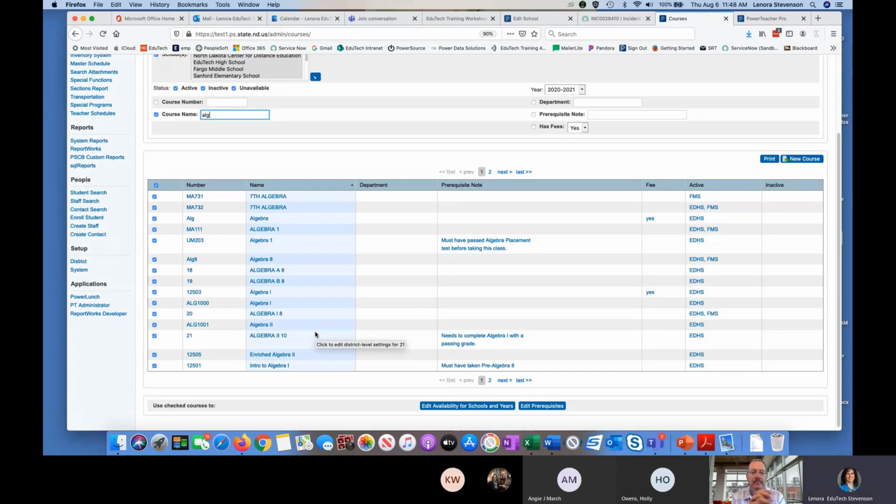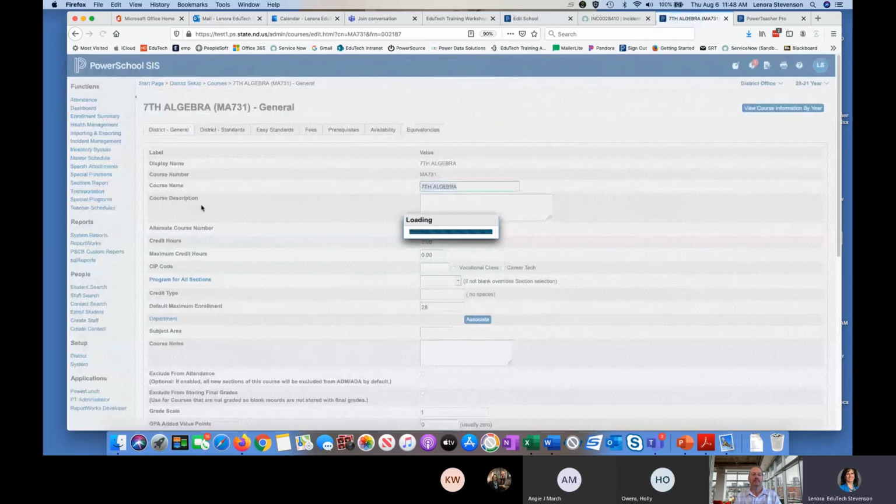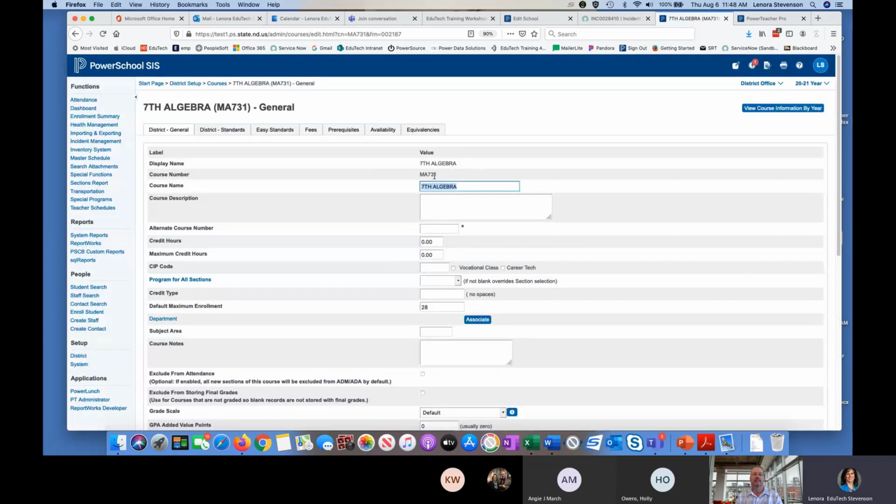So if we do need to add a new course, we would choose new course here. Before you do it, you need to have all your information. So you need to know what course number you want to use within your own school. The alternate course number, in our case, this is not filled in, but you have to have this course number